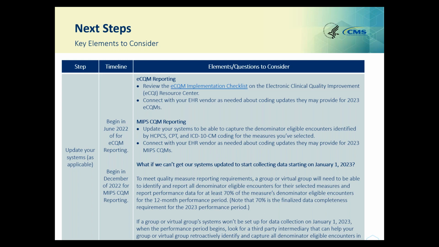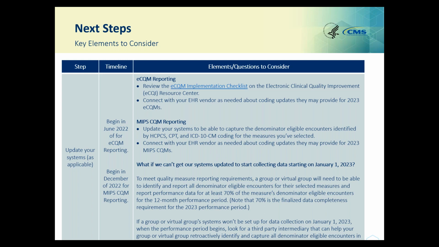Connect with your EHR vendor as needed about coding updates they may provide for 2023 ECQMs. And the key elements to consider for MIPS CQM reporting include the following. Update your systems to be available to capture the denominator-eligible encounters identified for HCPCS, CPT, and ICD-10 coding for measures you've selected. And connect with your EHR vendor as needed about coding updates that may be provided for the 2023